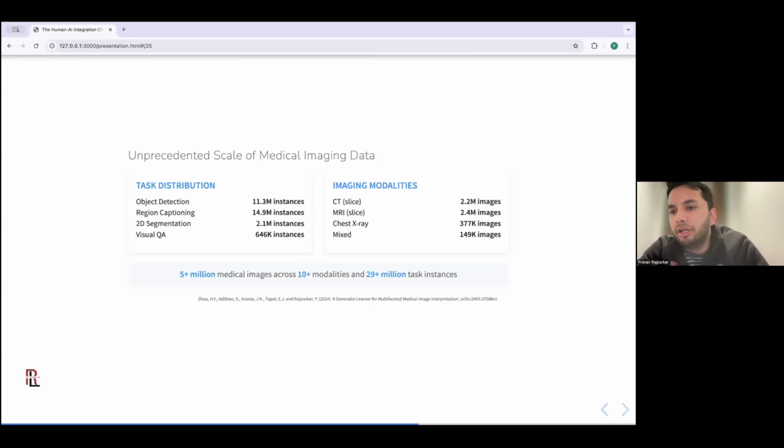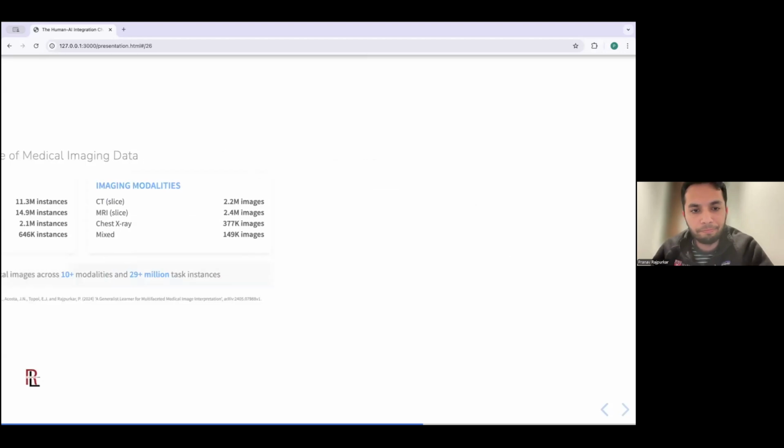And our effort here was to aggregate one of the largest collections of medical images across modalities and correspondingly also the labels associated with those images at unprecedented scale.